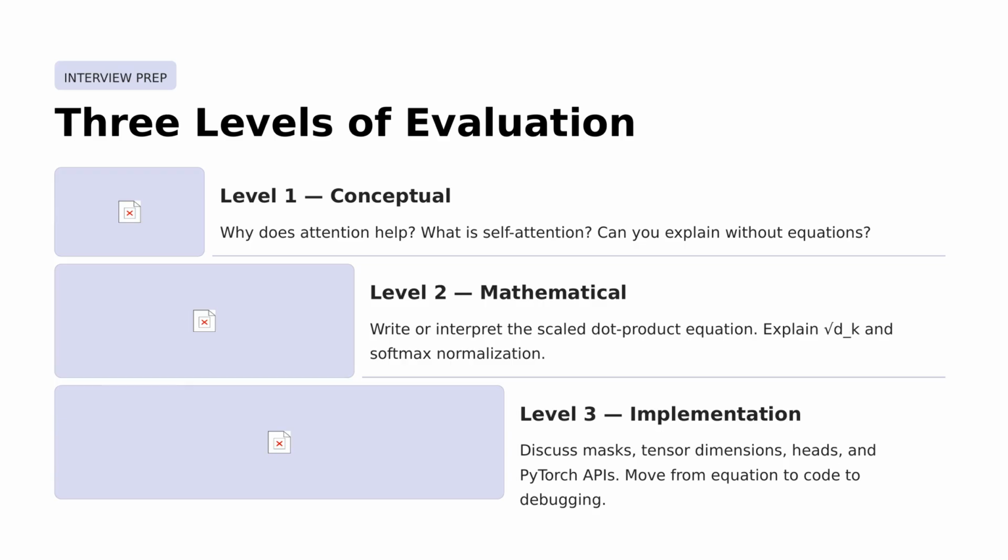Interview prep for attention usually happens at 3 levels. First is conceptual: why attention helps, what self-attention is, and how to explain it clearly without equations. Second is mathematical: understanding scaled dot-product attention, including why we divide by the square root of d_k and apply softmax. Third is implementation: masks, tensor shapes, multiple heads, and translating the equation into PyTorch code, then debugging it